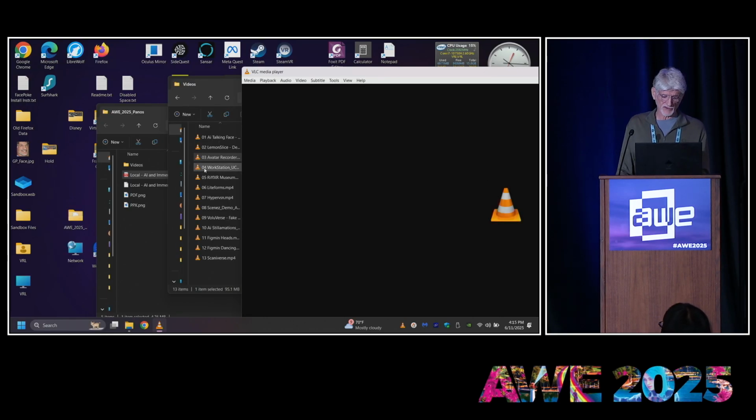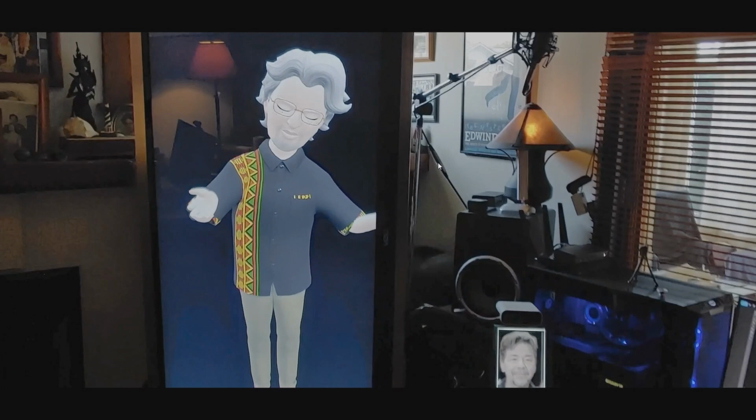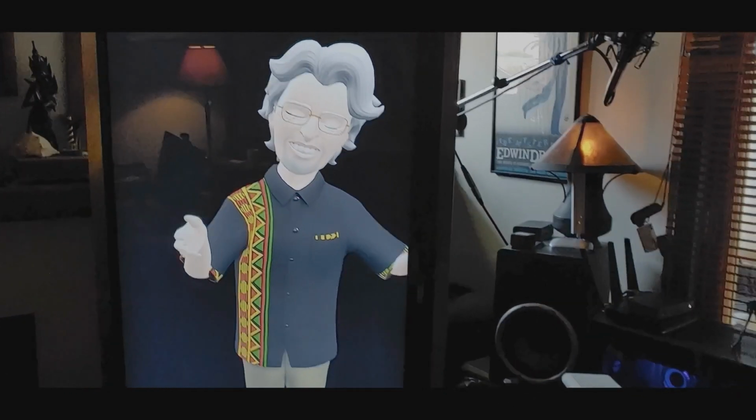So I was talking about sort of the future of this kind of virtual production, where you don't have to rig up or be sensed at all. You can give it sort of directed prompting and other kinds of little clues, and it'll do a pretty good job of doing things like this. This is the workstation, which is my uncanny valley, where I do a lot of my work.